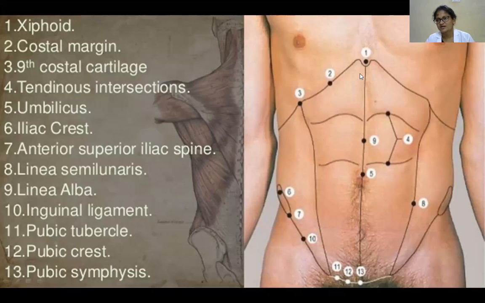What is the linea alba? The linea alba is a fibrous band which extends from the tip of the xiphoid process to the upper surface of the pubic symphysis. It does not contain any blood vessels. So, a median incision is given for abdominal operations, abdominal surgeries. Okay, these are the main important palpable structures which will be seen in the anterior